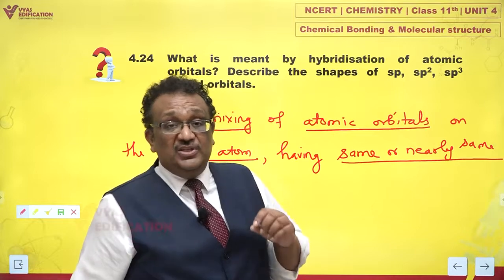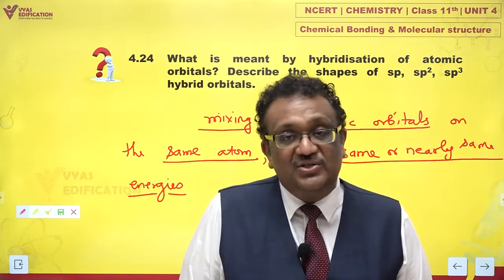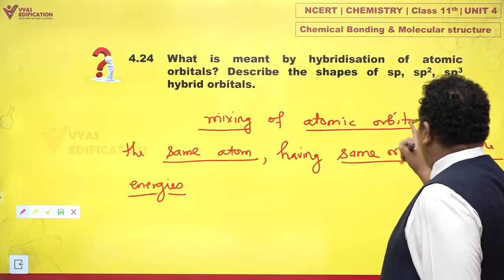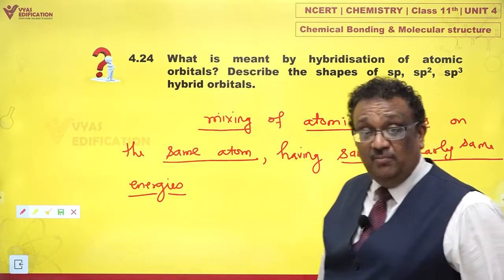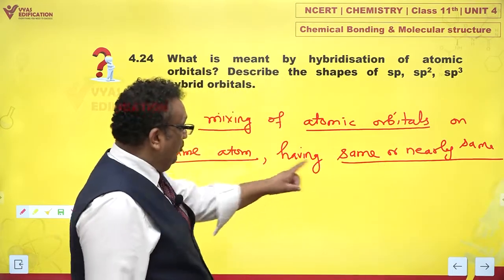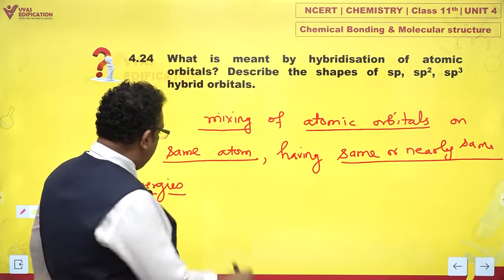Two different orbitals which have very different energies can't mix. So, mixing of atomic orbitals on the same atom having either same or nearly same energies